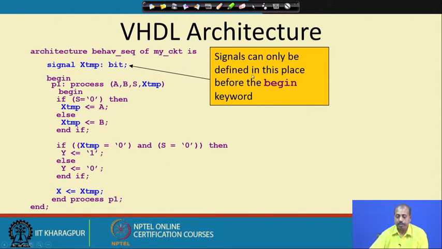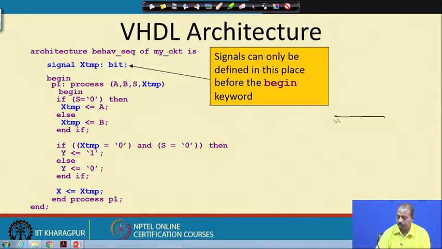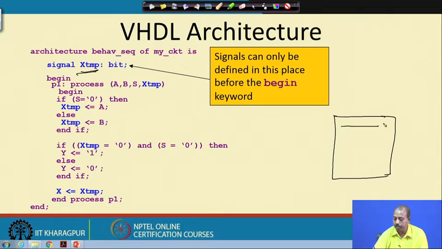Signals can only be defined in this place, before the begin keyword. So, this is another restriction. I am defining a block. This is my architecture, and within this architecture, at the very beginning, I have to tell what signal lines I have. So, this xtemp is a new signal line that I am defining, and whatever circuitry I have after this